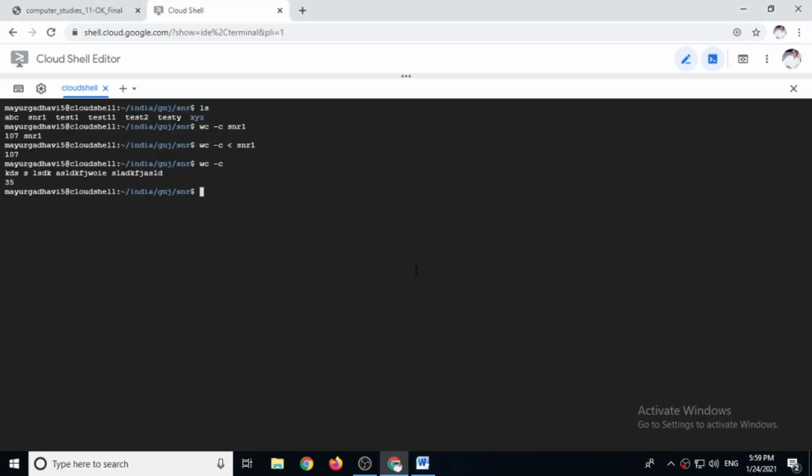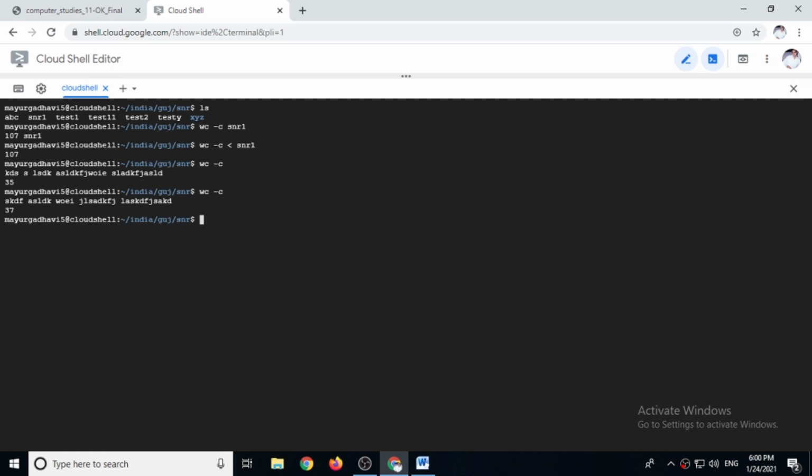Let's see an example. That is why here if you give wc -c and just enter, it means we have not specified from where the operating system has to take input. Then it will take keyboard. It means it will allow you to write something, and then when you press Ctrl+D, it will show you the number of characters that you have written.